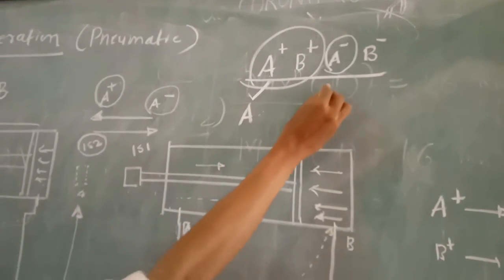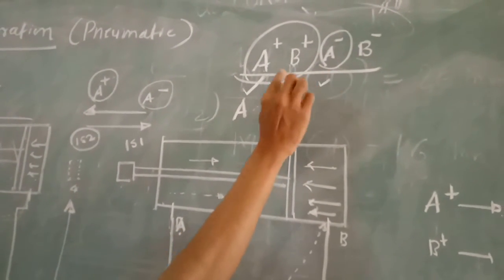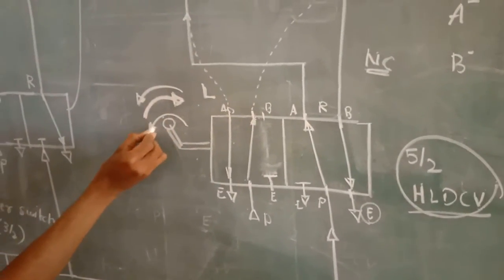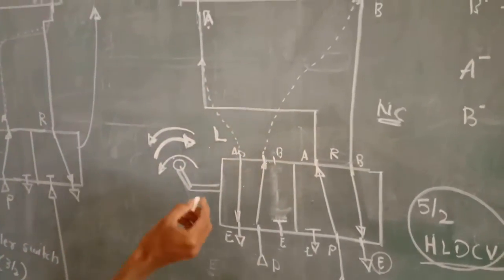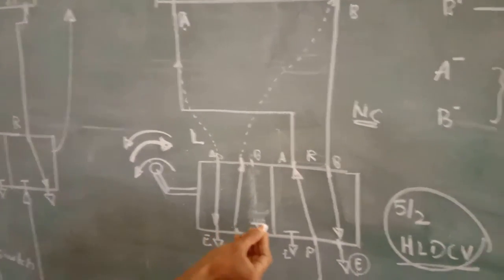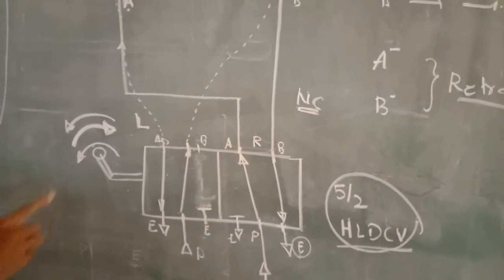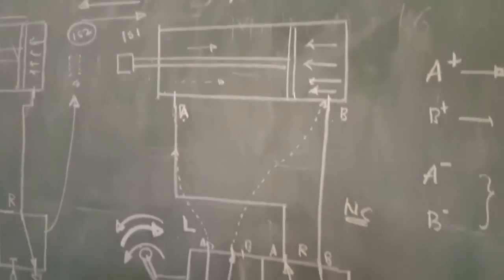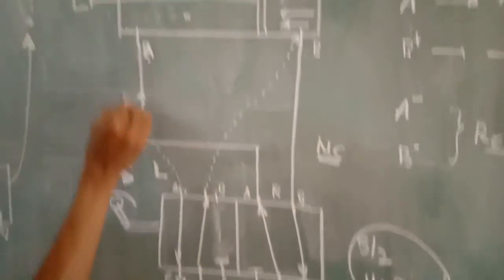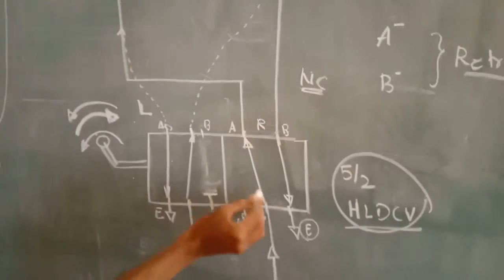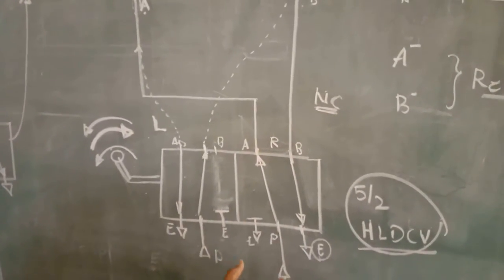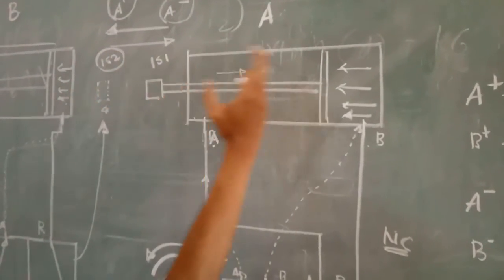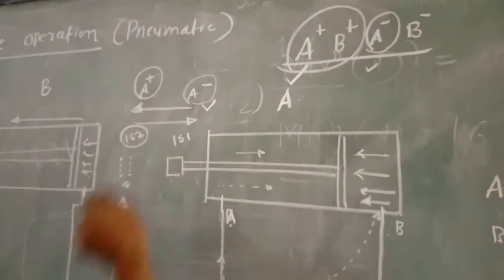Now we want the A minus position. For the A minus position, we will change the lever. So we will activate the right side of cylinder 1's valve. In the right side, you can observe again the B port is connected to the exhaust port, and the A port is connected to the pressure port. That means pressurized air will enter on the left side, and the piston will travel to the retracted position. So we will get the A minus position.